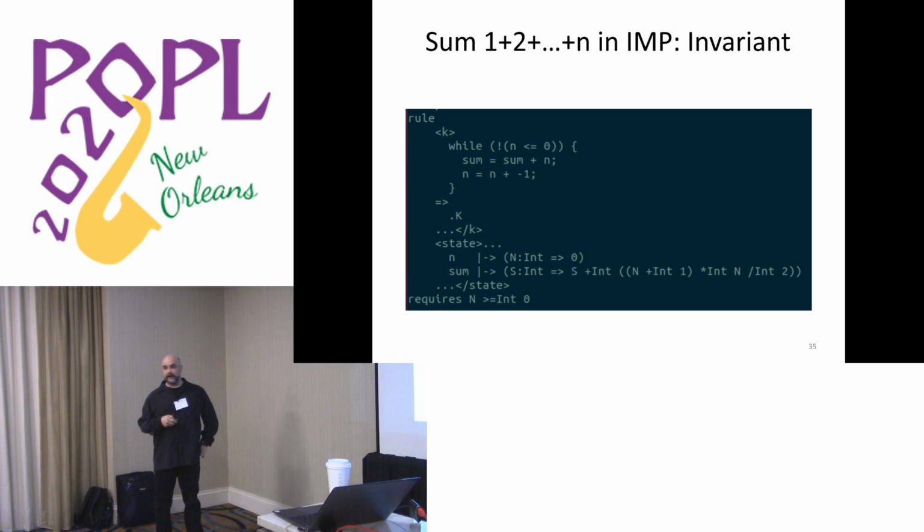In a context, I may have more stuff in the K cell. And in the state, the program variable n, which is a constant, is bound to a mathematical variable n, which eventually writes to 0 when the program terminates, because the counter decrements. And sum is sum s, and at the end of the loop will be this thing. Okay? And now you can just pass it to the prover, it will prove it. A couple of seconds or whatever it takes. And you need also some side condition n larger than 0. And everything it does under the hood can be explained in terms of machine logic reasoning.